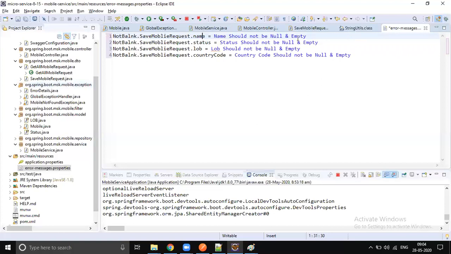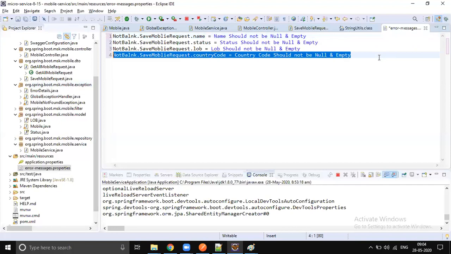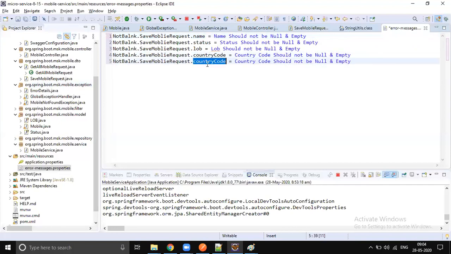Now let's add the price error message also: price should not be less than 0. Fine.